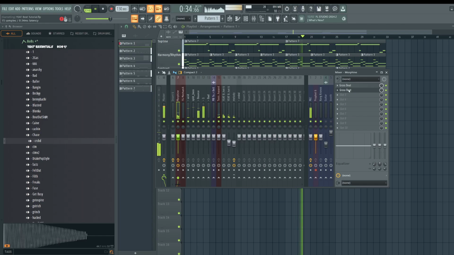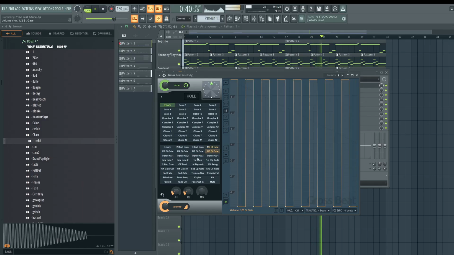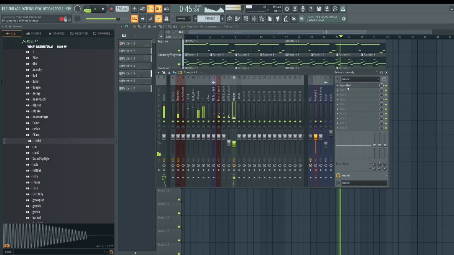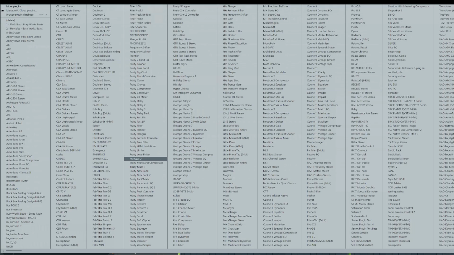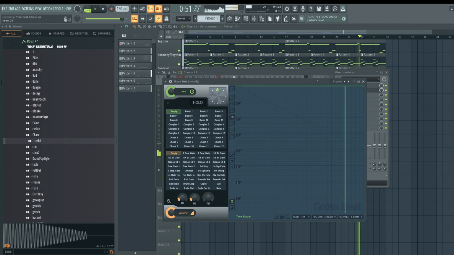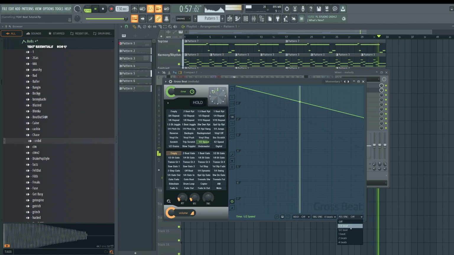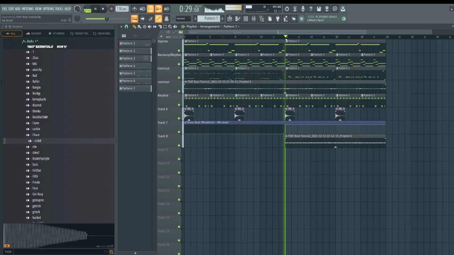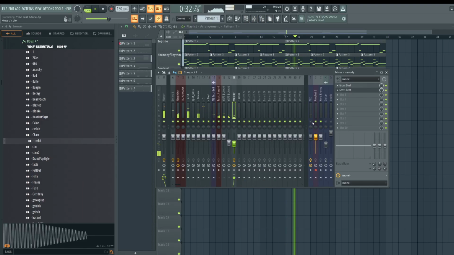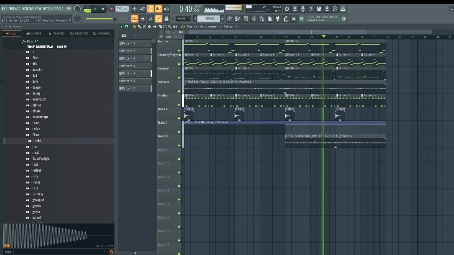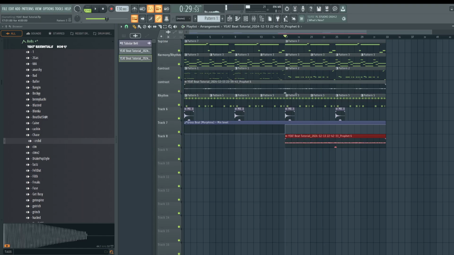Now it's about matching these rhythms up. I'm going to change out the Gross Beat. Move these notes a little to the right to create a syncopated sound.